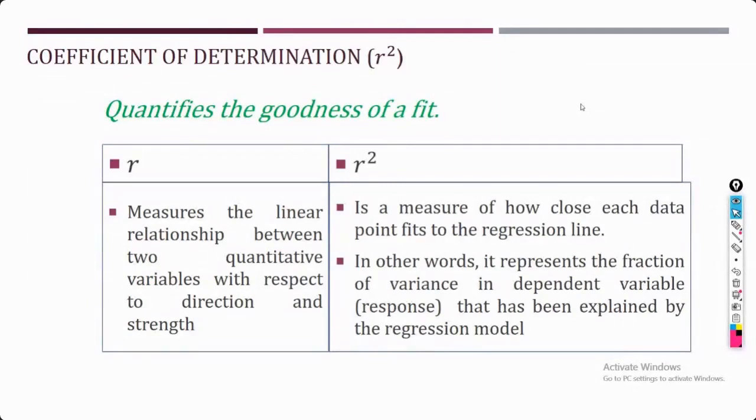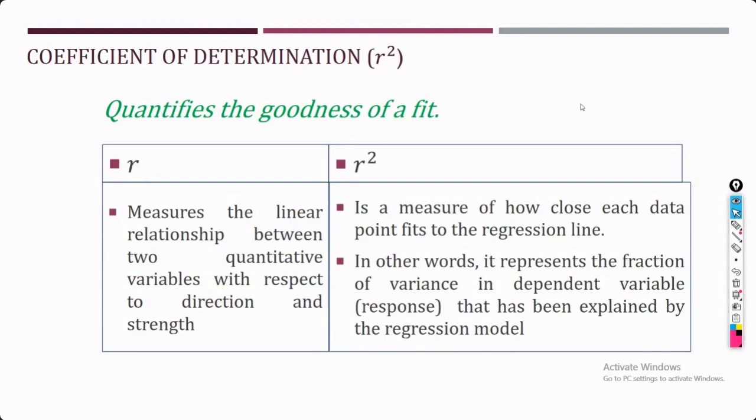Now there is a little bit of difference between R and R squared. R represents the correlation coefficient. It tells the strength of a linear relation or linear association between X and Y. So it defines how these two different features are related to each other. That quantification we do using the correlation coefficient, and we represent it using R.